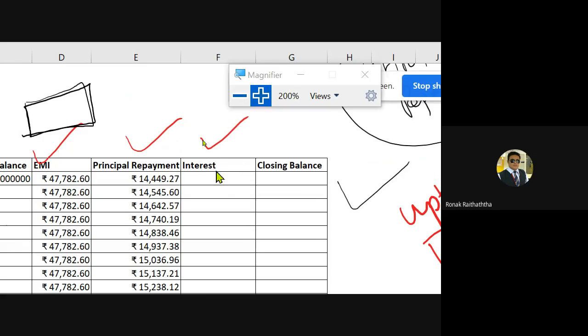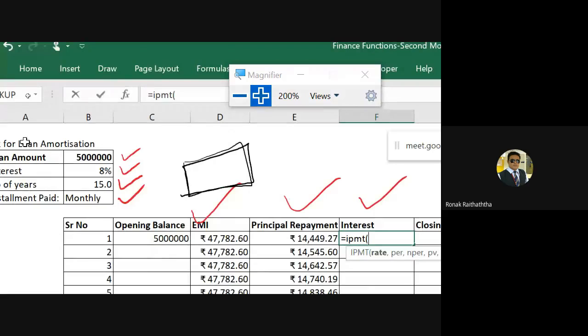चलो अब इंटरेस्ट के लिए क्या करेंगे, कौन सी फॉर्मूला यूज करेंगे, कौन बताएगा? IPMT. वेरी ट्रू, IPMT, sir. गुड. सो IPMT, ओपनिंग द ब्रैकेट. अब रेफरेंसिंग नहीं देना, अब मैं इधर लिख देता हूँ, बहुत टाइम ले रहा है. सो आई वुड जस्ट पुट डायरेक्टली 8% divided by 12, comma,